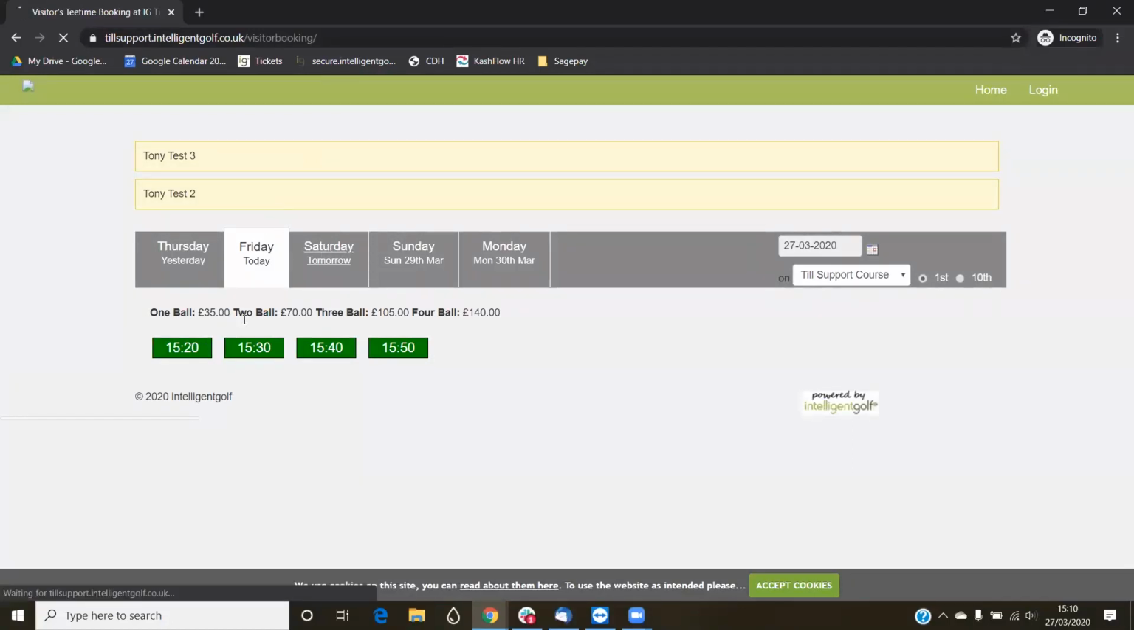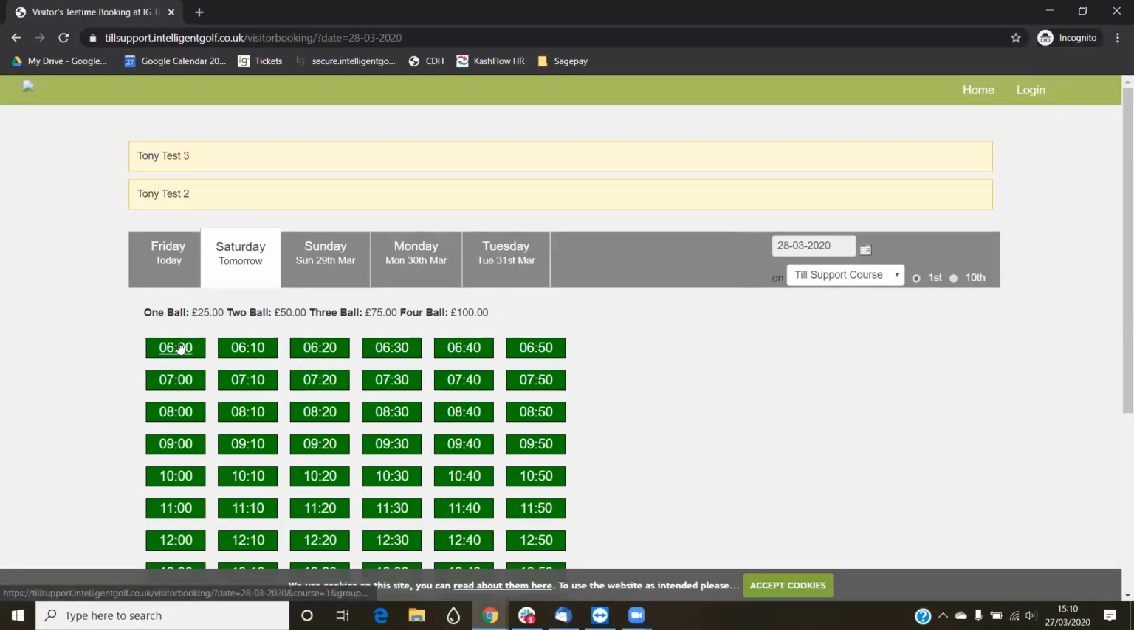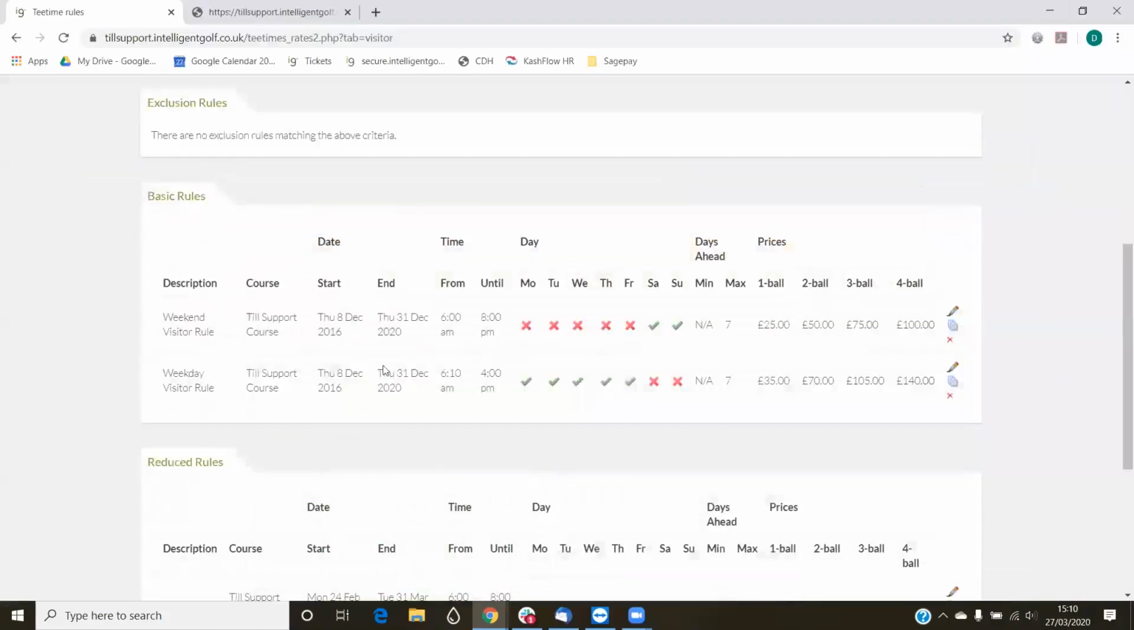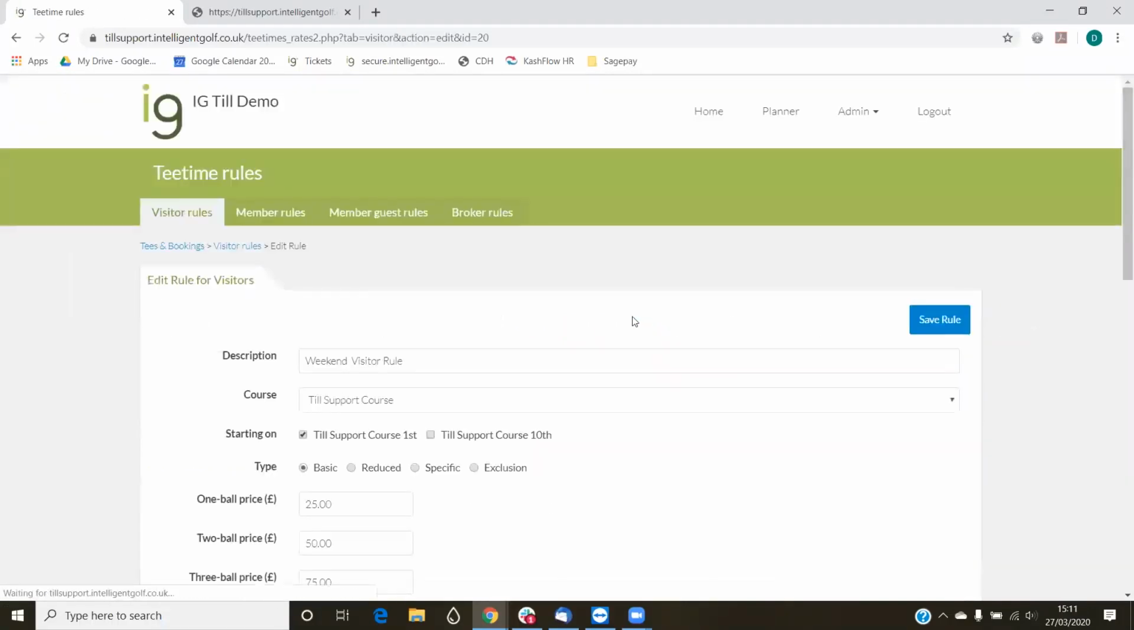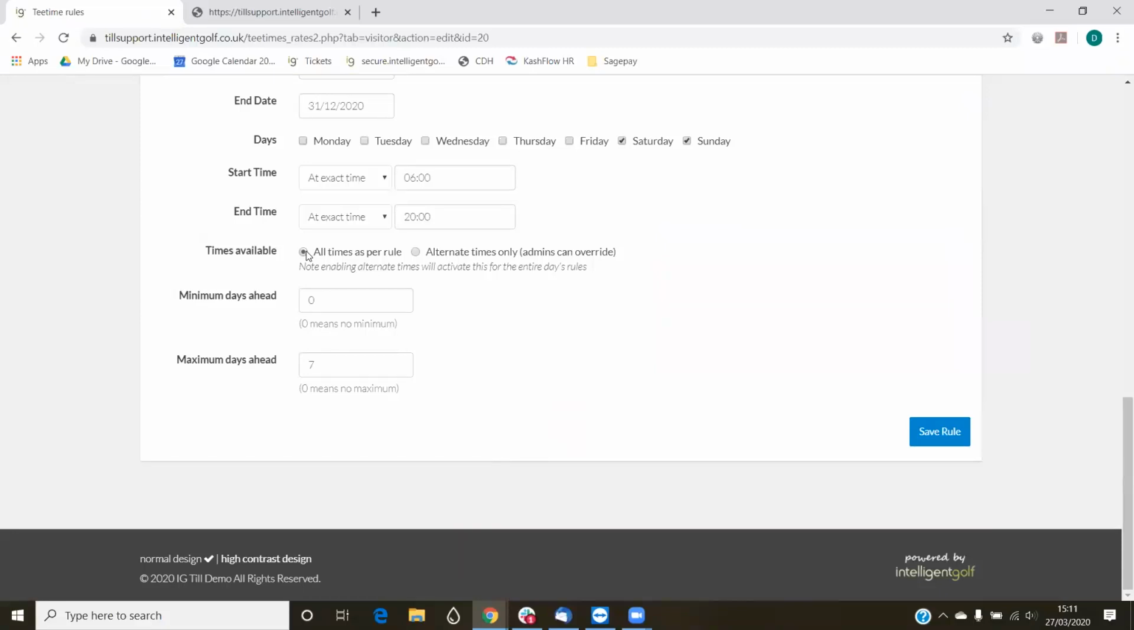So we can see, if we take tomorrow, for example, that every 10 minutes, as per our interval, there is a tee time available to visitors. And obviously we have all of our prices incorporated as per our visitor rule. If we then go back into our rule, click on edit, we then select alternate times only and save